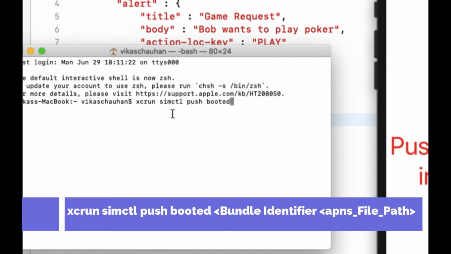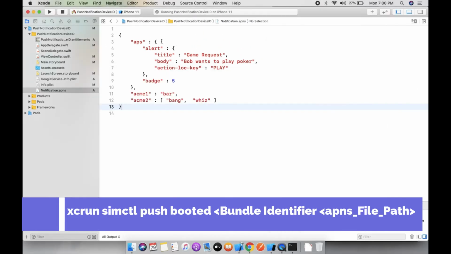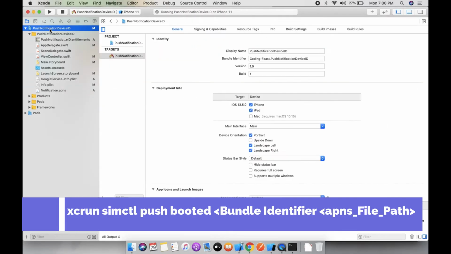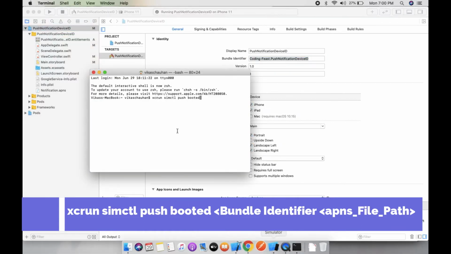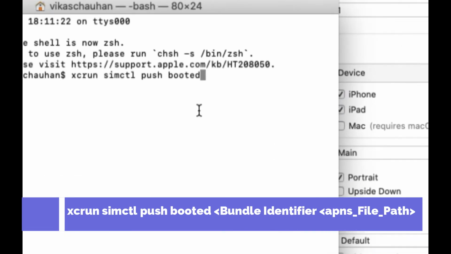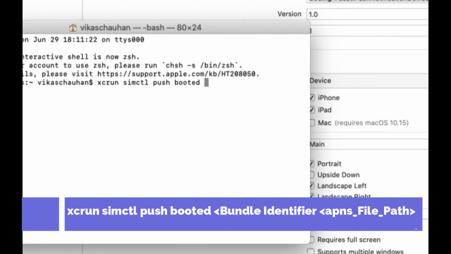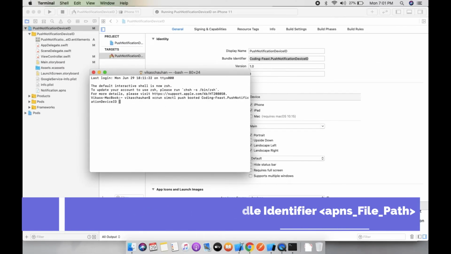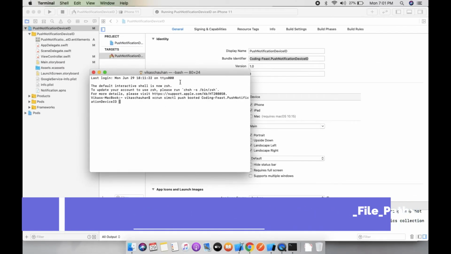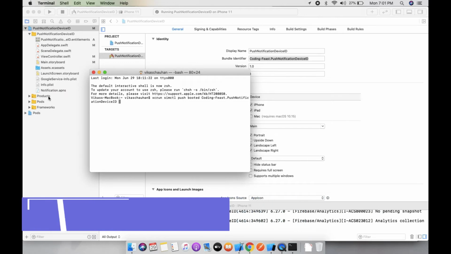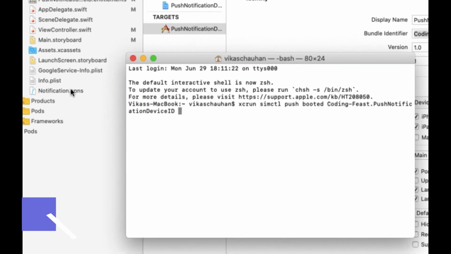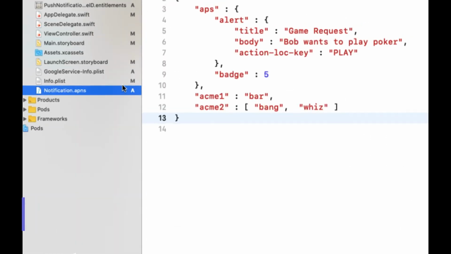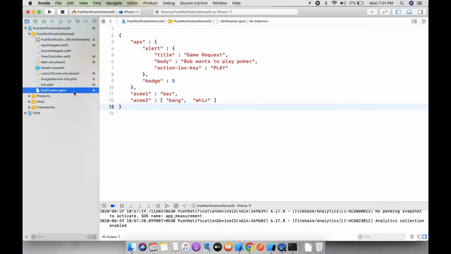Then you can copy your bundle identifier. Let's copy my bundle identifier. This is my bundle identifier, and paste it here, then the path of this newly created APNS file.